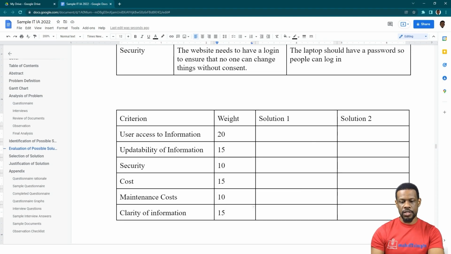So let's see if I could juggle these numbers to get to 50, right? So 25 for user access to information because that's really important. 25, 35, 40, 50, 60, 65, 75, and 15. I'm missing 10. So let me see if I could juggle 10 to be, let's put maintenance cost, clarity of information, I'll put that as 20. And then